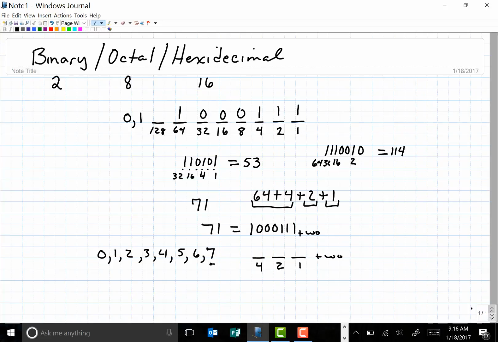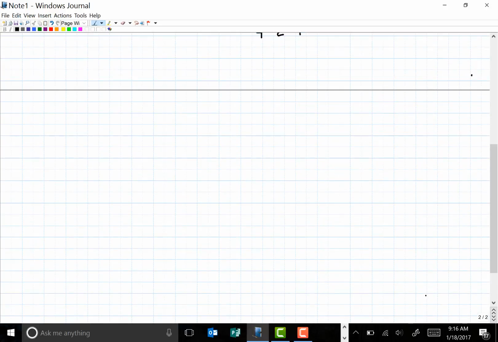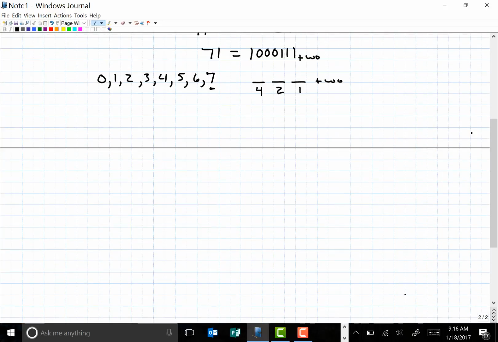And that's the biggest number that I have in my octal system. And of course, the smallest number is 0. So I can form every number from 0 to 7 using 3-digit base 2 numbers. So that means that if I want to take, for example, a base 8 number like